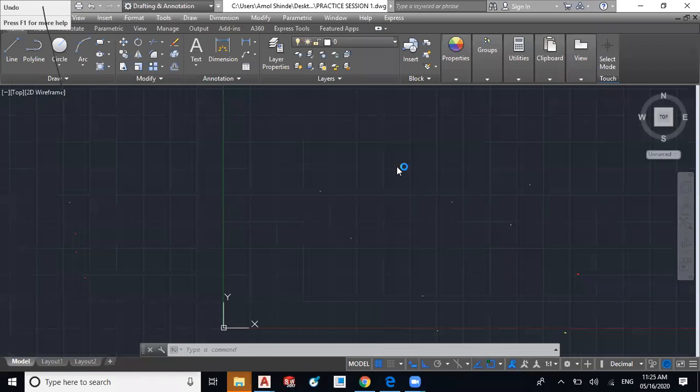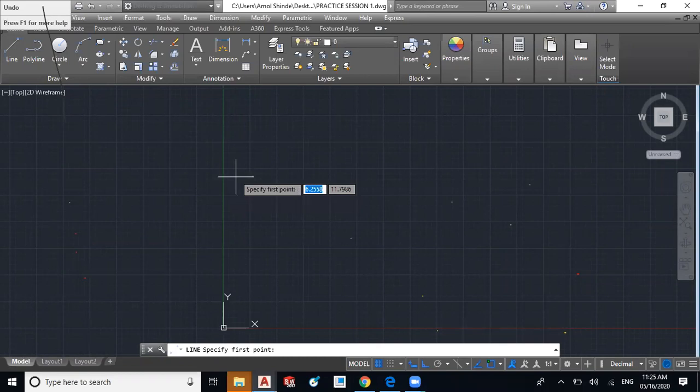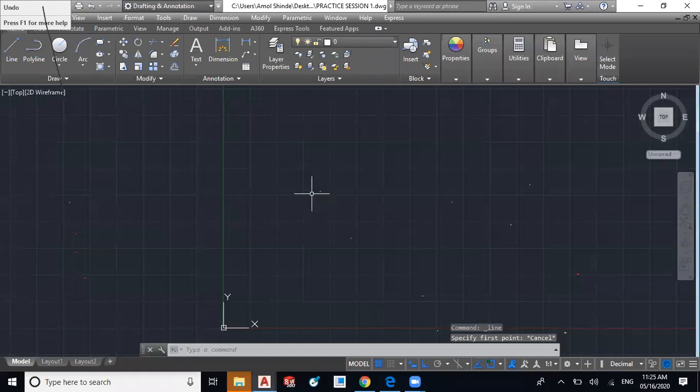So the left click is to select. Suppose I have to select any entity. Entity means the command. Okay, so whenever I use entity, it is for the command. I have to select the entity or command, so I have to left click on that icon. I can select by using the left click of the mouse button. Then right click. Suppose I have drawn anything.